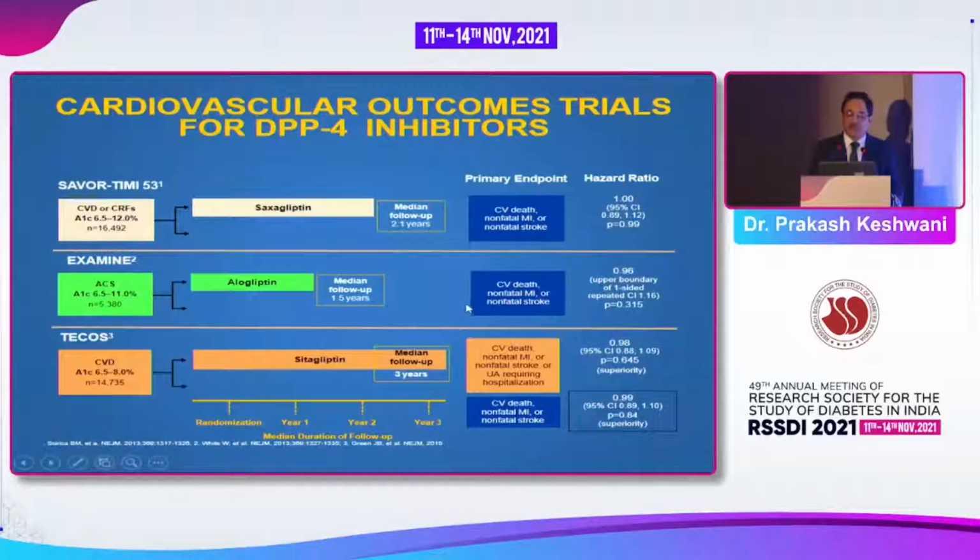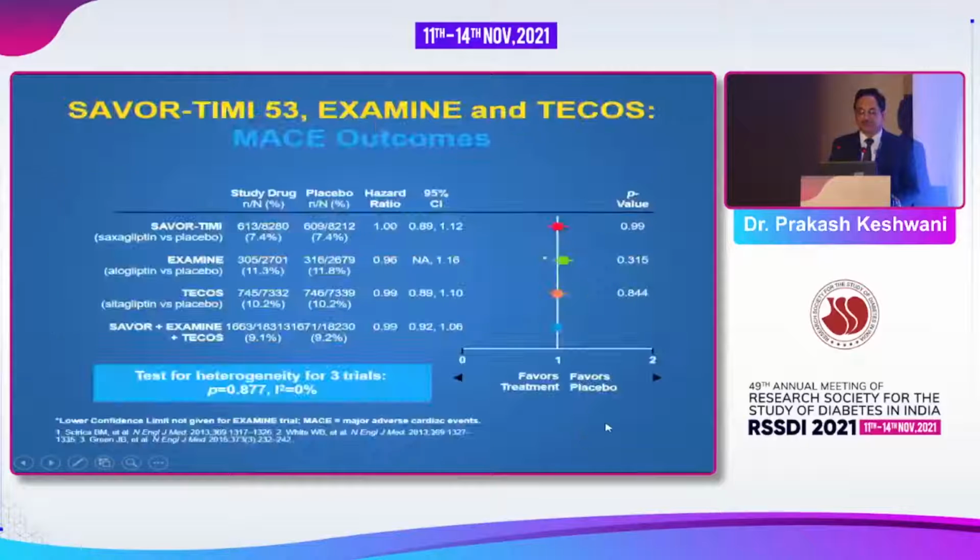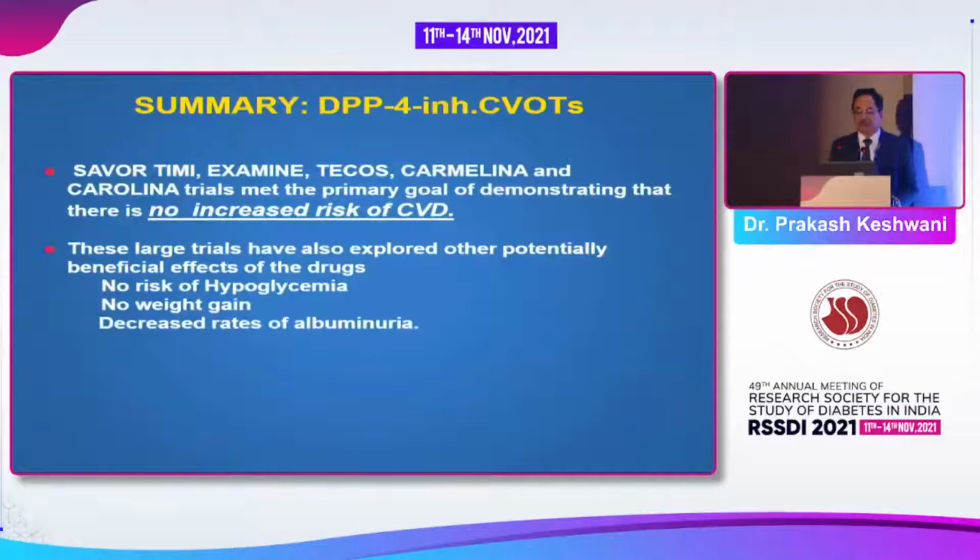They came out to be safe as far as cardiovascular outcome was concerned, and sitagliptin was found to be rather slightly beneficial for cardiovascular outcomes. So these trials suggest that DPP-4 inhibitors are cardiovascularly safe, and there is no increased risk of cardiovascular disease with these drugs,